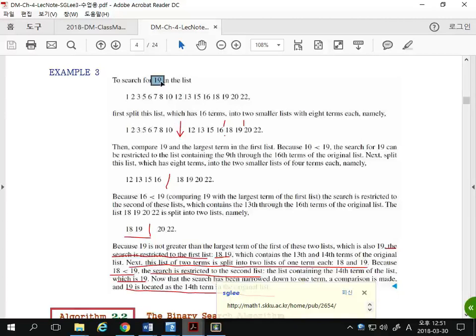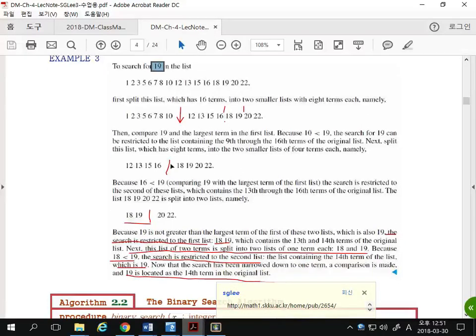Then 19 must be in here. So we divide this half into another half and compare this 16 with 19. As you see, 19 is bigger than 16, so we ignore the first part and we only compare with